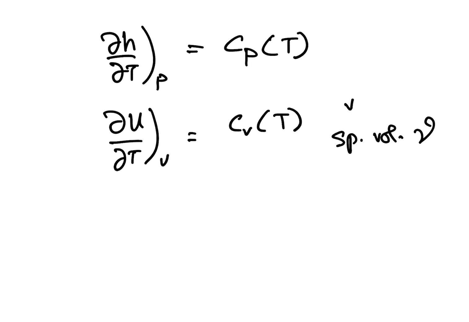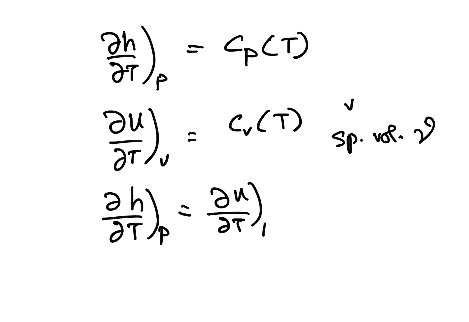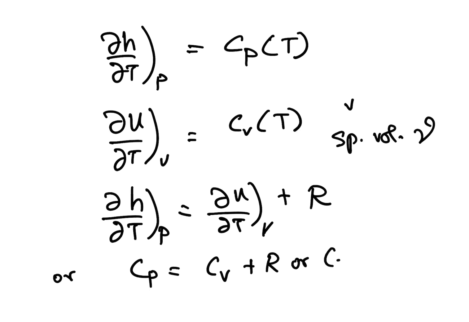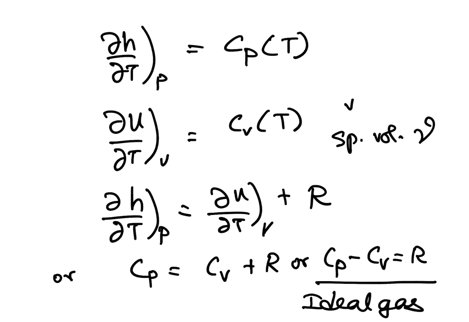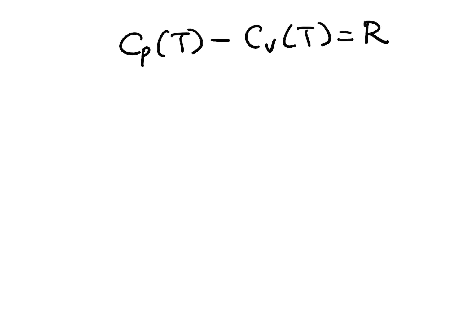So, from the previous page, I have dH over dT at constant pressure equals dU over dT at constant volume plus R. Or I have Cp equals Cv plus R, or Cp minus Cv equals R, which is true only for an ideal gas. Cp minus Cv equals R, a constant,